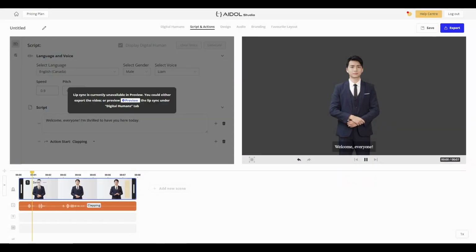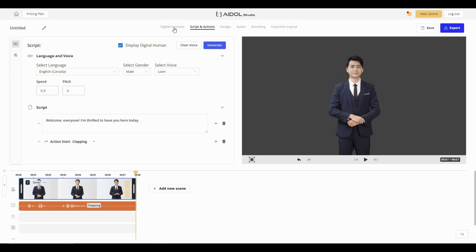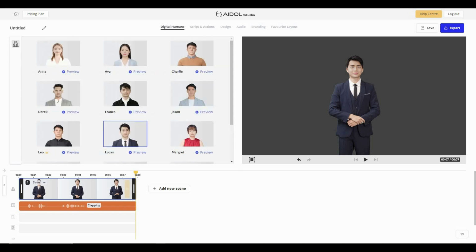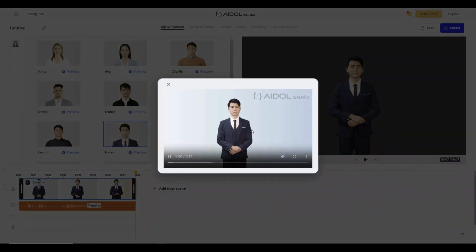So if I play this script on this video editor, you can see the avatar is not really moving. It is because on the left side you can see the lip sync is currently only available in preview, which means you can only preview the lip sync from these preview options. So if you want to check the lip sync of this avatar, you just have to click on this and